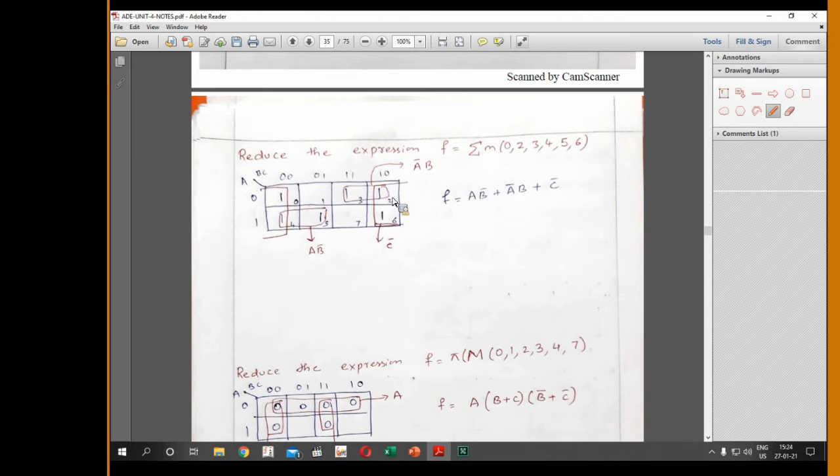covered minterm, which is M2. So if I form a pair on M3 and M2, here A is common for both M2 and M3, hence A bar is represented, and column wise the common variable is B. So B is 1 here, B is 1 here, hence B is represented without complement, so A bar B.